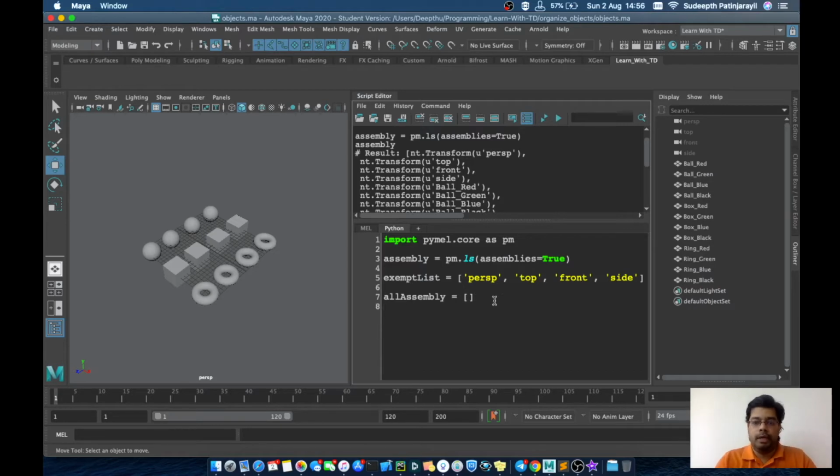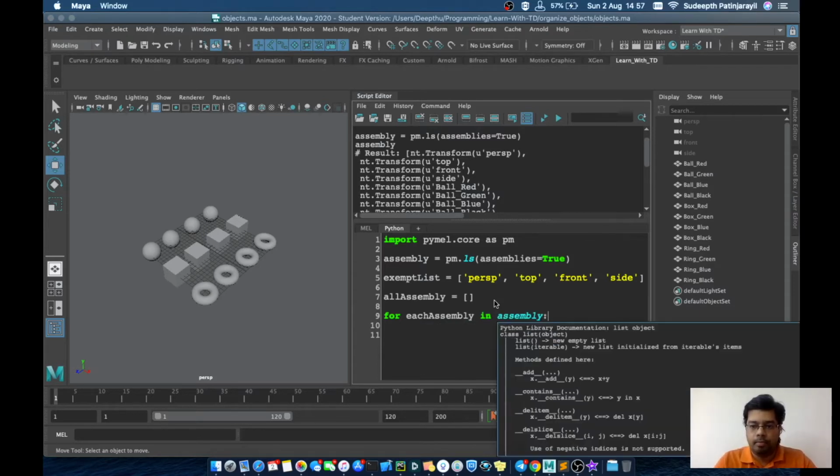For that we will do for each assembly in assembly.